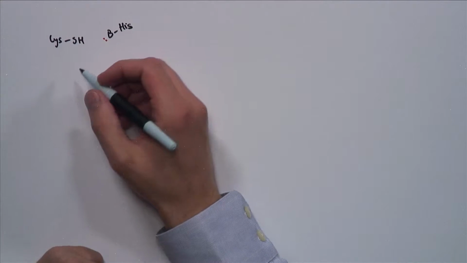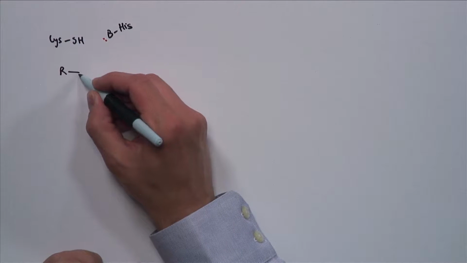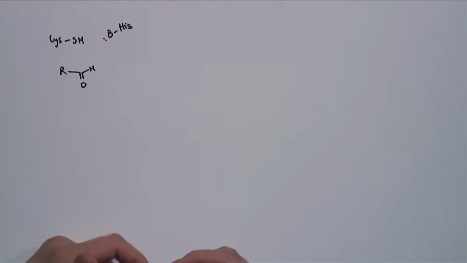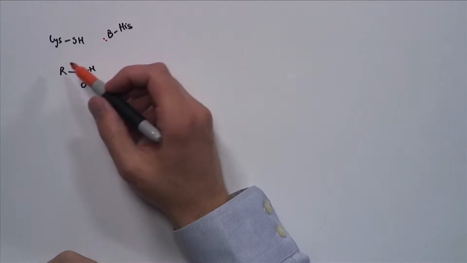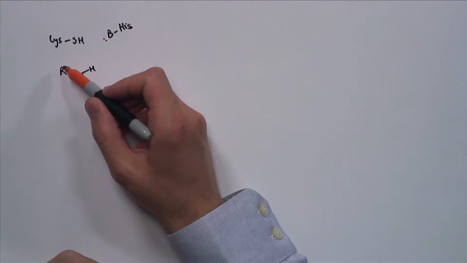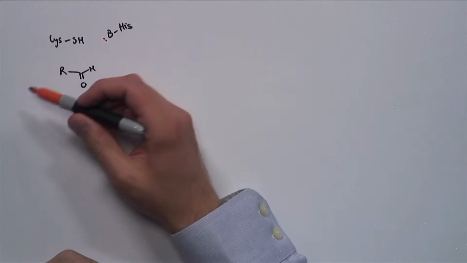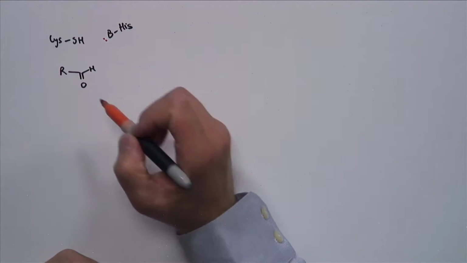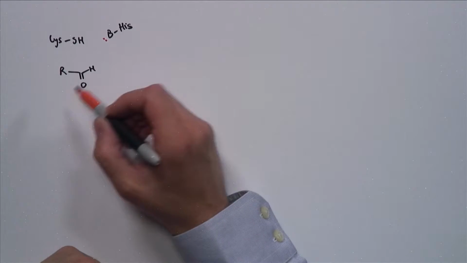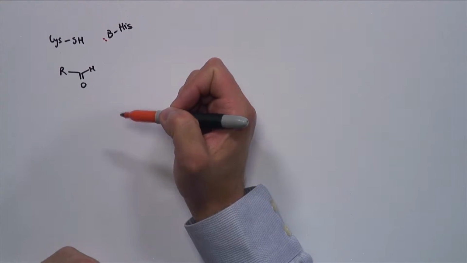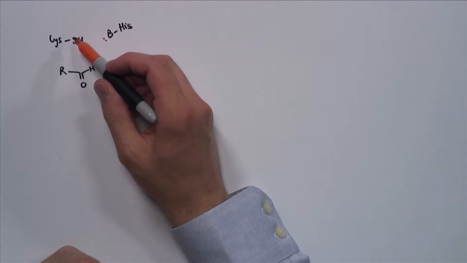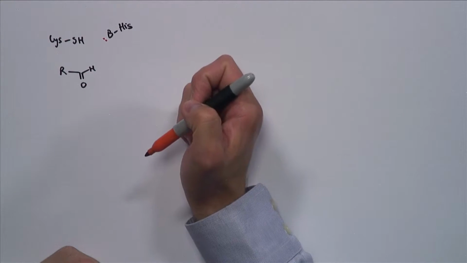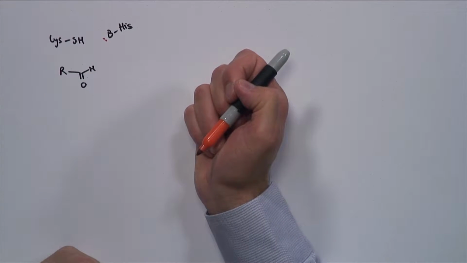And here is our aldehyde inhibitor, where I'm going to show the aldehyde group right here. Since the R group next to this aldehyde resembles very closely the natural substrate of the enzyme, this aldehyde group will be positioned in the same place where we would normally find the peptide bond that will be cleaved by the enzyme. Therefore, this thiolate group, once it forms, will be in great position to react with the aldehyde and form a tetrahedral intermediate.